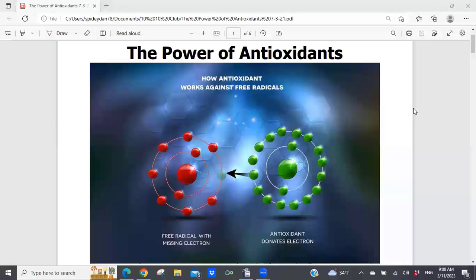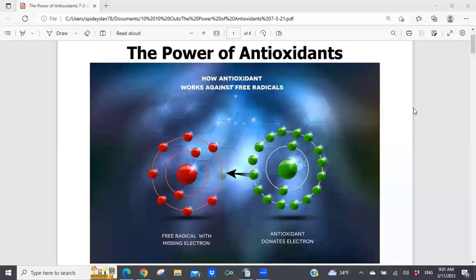And on the left-hand side in red, you see a molecule. And the outer orbit of that molecule is missing what's known as an electron. And so what happens in normal respiration, in the creation of energy, these molecules called free radicals are created. And when they're missing an outer electron, they're unstable. So they want to stabilize themselves. And what they'll do is they'll bombard, attach to another molecule, steal the outer electron from that molecule, stabilize themselves,